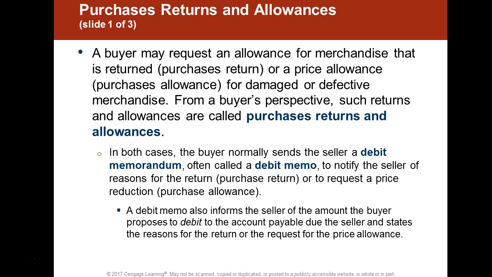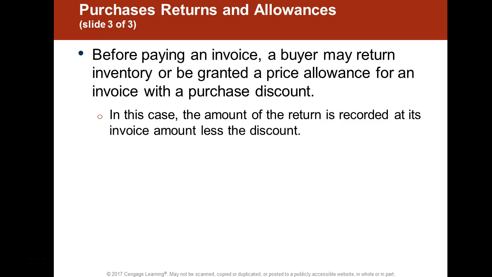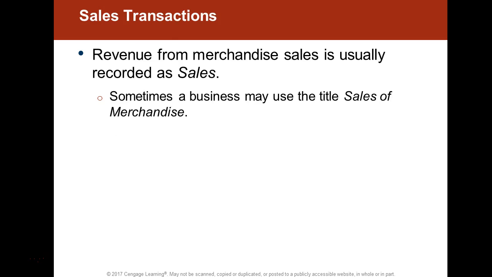So again, you're going to be dealing with purchase returns and allowances. And when someone returns an item because either it's defective or doesn't meet the specifications, debit memos are also done. And those debit memos are just going to be letting you know, as a buyer, that you have been given a credit to offset your purchase because an item was returned. And we'll be doing entries to record those types of transactions. So it's going to be important to understand how those transactions affect the initial purchase, and how it flows onto the financial statements ultimately.